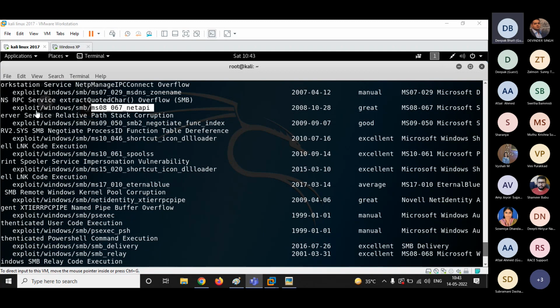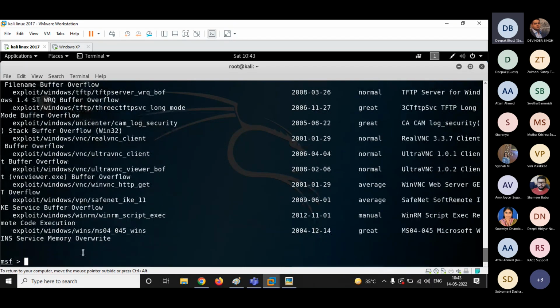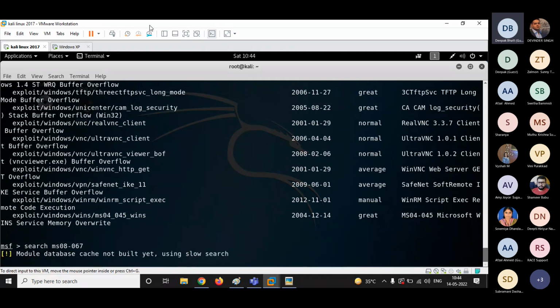Now, guys, till here we have learned in enumeration how you get the list of exploits, auxiliaries, and payloads, correct? Today, I'm going to explain how we are going to further enumerate and use this information. So we got this exploit. Let's take this exploit MS08-067, all right? I will type the command search and MS08-067. I want to search further about this exploit. I want to perform enumeration. So I'm typing search and this exploit name. I'll press enter and let's see what happens.